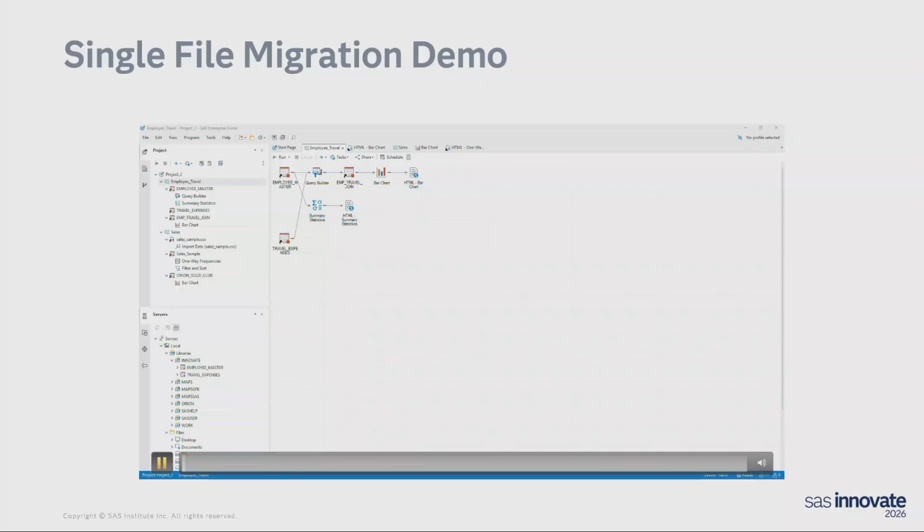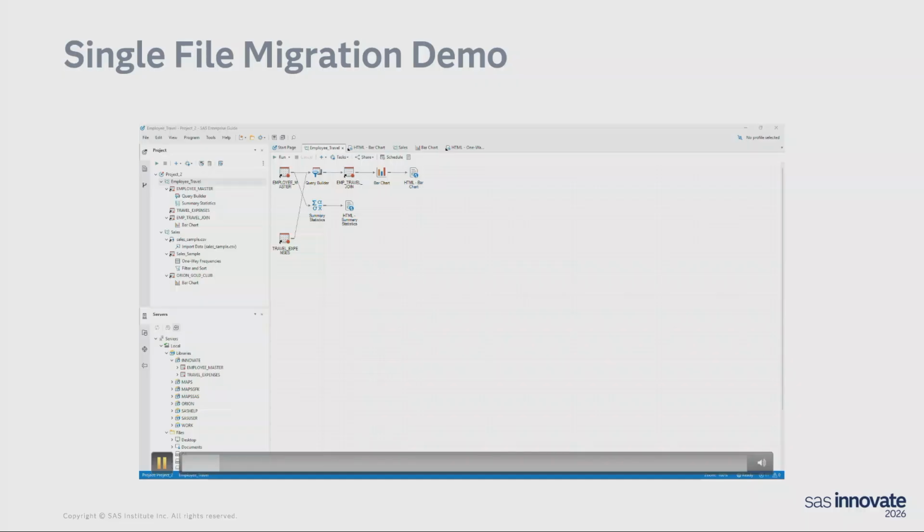Today, we will be talking about how to migrate an existing Enterprise Guide project into your VIA 4 environment, converting it into a SAS Studio flow. You'll see here that we have an existing Enterprise Guide project with two separate process flows in it, each with multiple SAS tasks. This is data from a mock company that looks at employee travel expenses by department in the first process flow, and then the sales to gold level members by age group in the second flow.